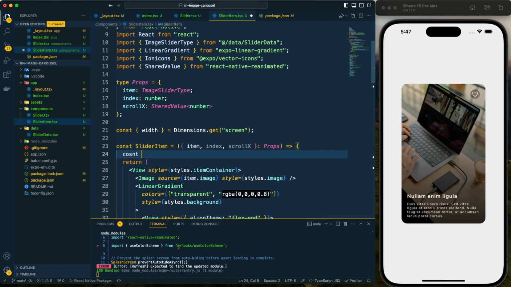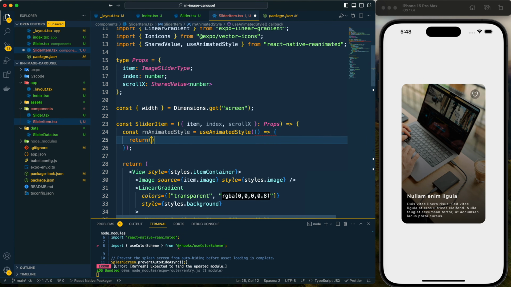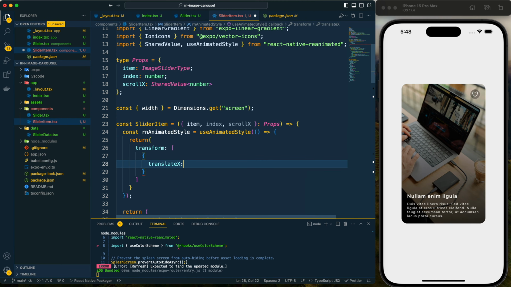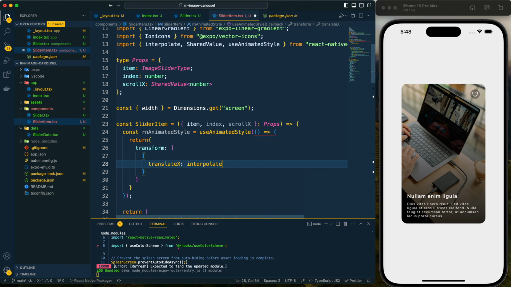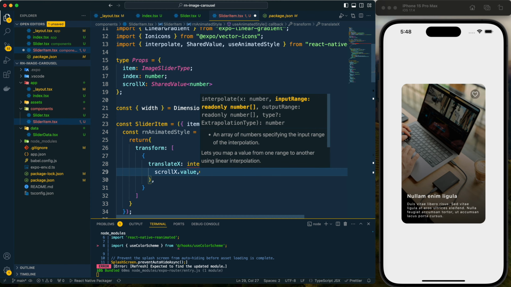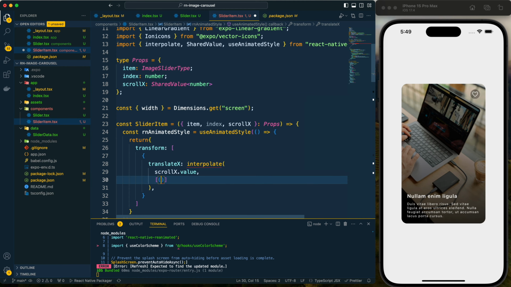Now let's create an animated style constant, const useAnimatedStyle, and for this I will return this transform. First it will be translateX. So let's provide the animation, and for that we need to use this interpolate function, and it will be based on the scrollX value. Now after that we need to provide the input range, and the input range would be index - 1, that means the previous item, then the current item, and then it will be index + 1, and along